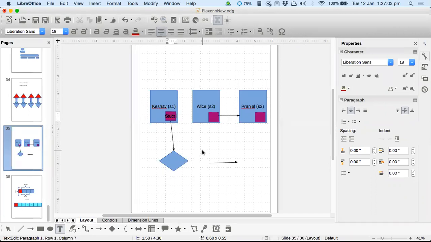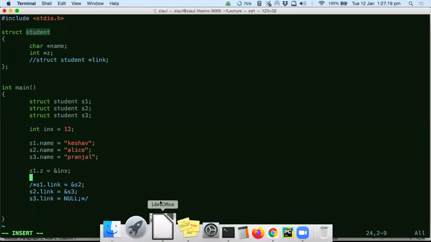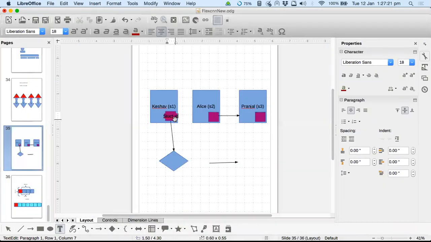Like struct star p, it's a pointer type variable, but a pointer to a struct variable, we agreed. But a structure has to have a type name, right? So what is the type name of this struct? It's the type name student. Yeah, struct student. So that means you have to have a struct student here. Because struct can be of many types, it can be of infinite types. So you have to say struct. That's why you have to use a struct student pointer here. Is it absolutely clear?